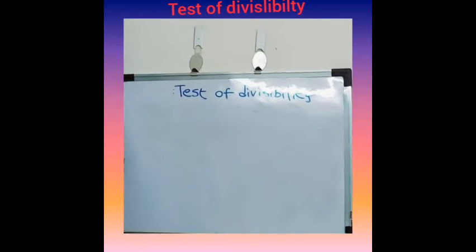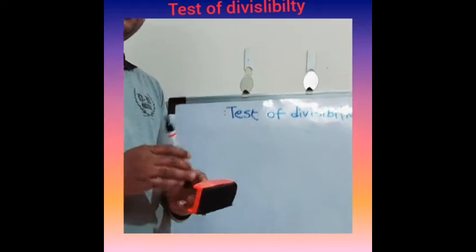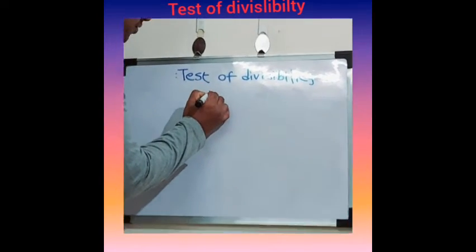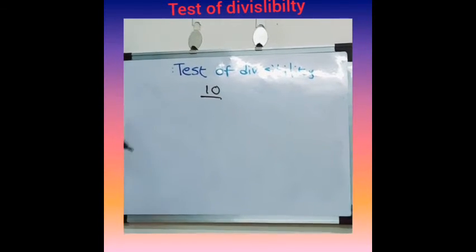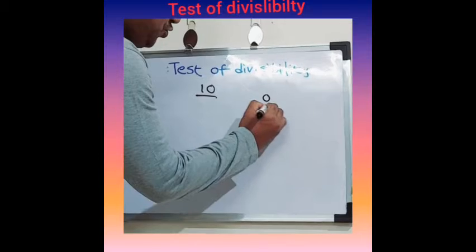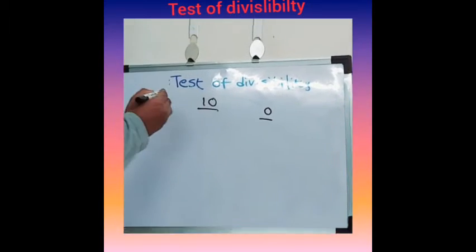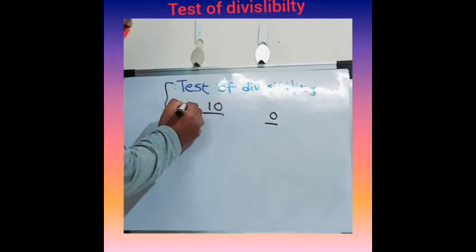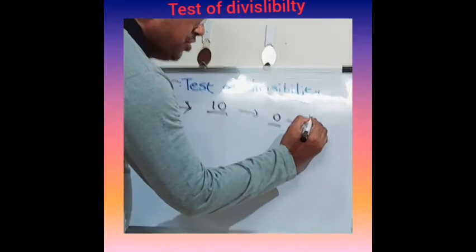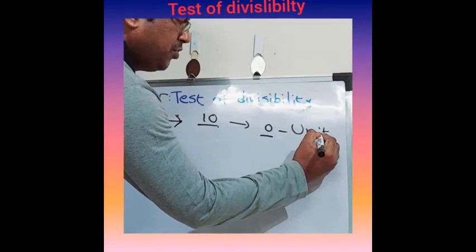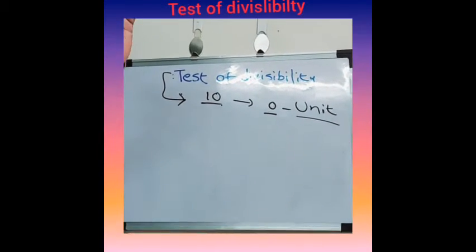In continuation to the previous logic, now we will discuss the divisibility law for 10. Here the logic is very simple. If any number contains 0 at the unit position, then that number is divisible by 10. That is the standard rule. The test of divisibility for 10 is that if any number contains 0 in the unit position of the number, then that number is perfectly divisible by 10.